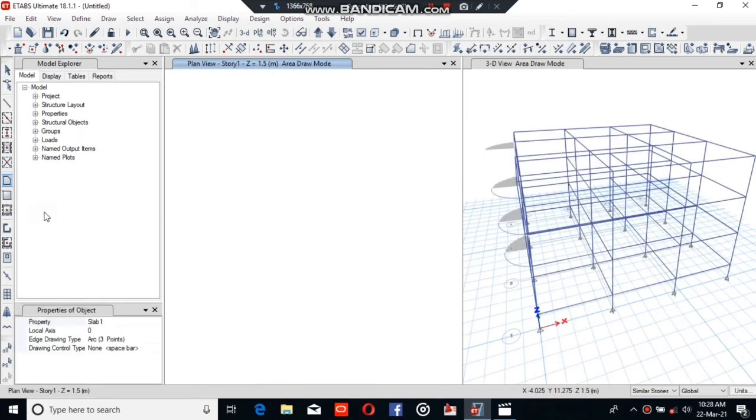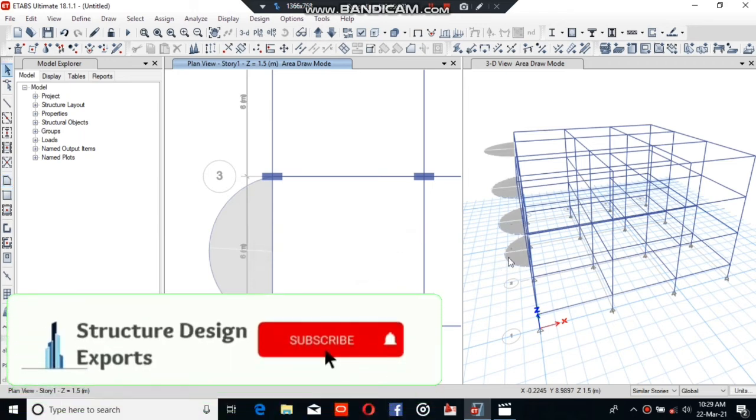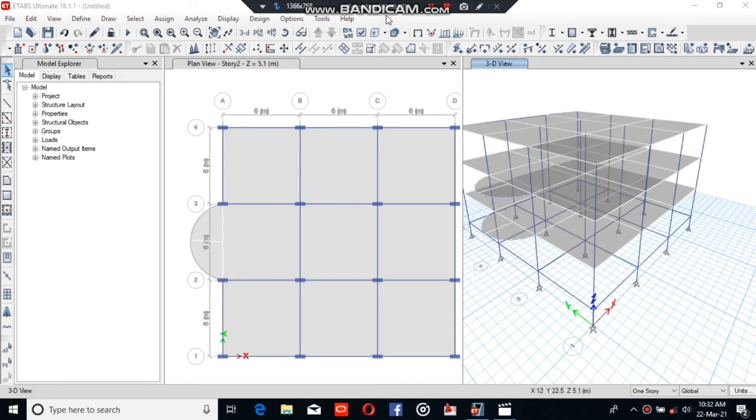Select the slab. Just wait while the process is slow, the system is a little bit slow. So select the first point, then the second point, then the third point and go to join. The slab has been joined, just press the escape button. Okay, so the slab is assigned. In the top story we do not need the slab, so delete this slab. If you need the slab here, you can leave it here, but here we do not need it for the top story.